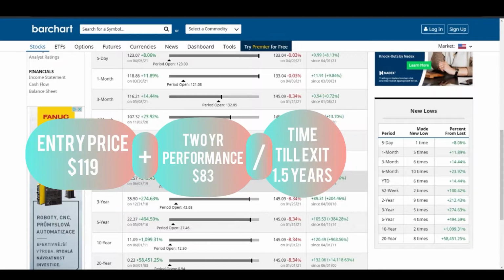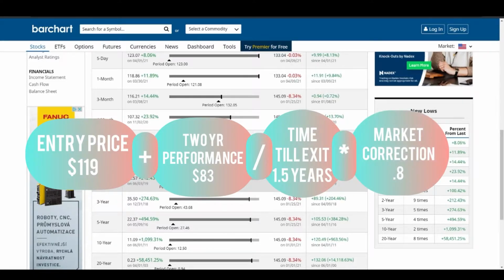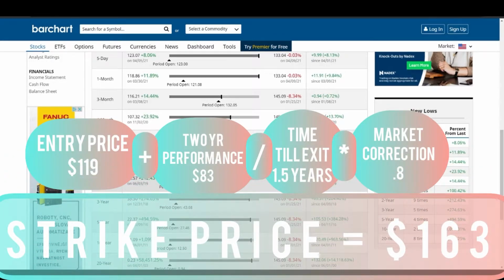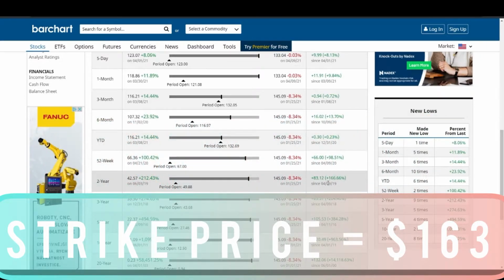And then we're expecting 2 corrections. Remember I said correction typically happens 1 to 2 times a year, so since we're in the trade for 2 years, we're going to factor in 2 corrections. So we're going to multiply by 0.8. After you do that math, you come up with the strike price, 163,